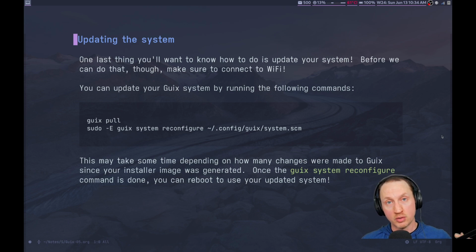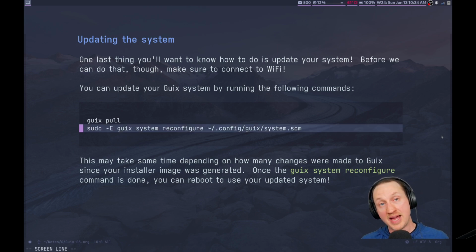That will get your local channel listing and derivation built from that, so that you can use that for building new packages and also installing new updates to packages. And then there is this guix system reconfigure command, and that has to be run as the super user using this sudo command. We'll see that in just a minute, but the point is that you have to run it as an administrator